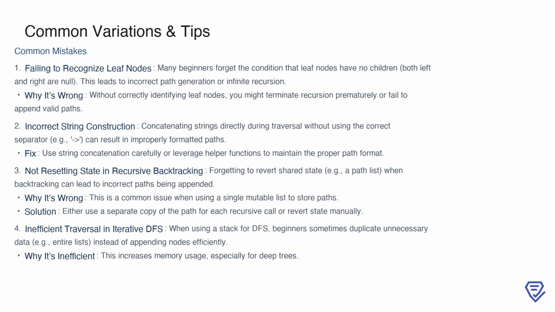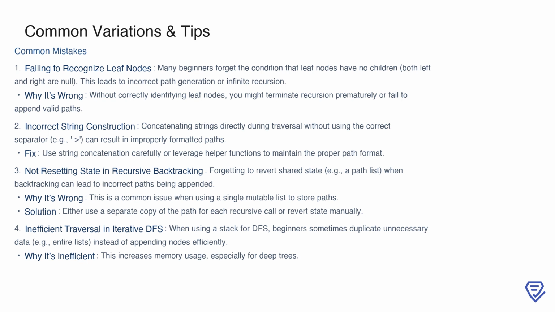When approaching this problem, there are a few common mistakes that can trip up beginners. First, failing to recognize leaf nodes is a frequent issue. Remember, a leaf node is one that has no children; both left and right child pointers need to be null. If you don't correctly identify these nodes, you might either stop the recursion too early or continue indefinitely, which leads